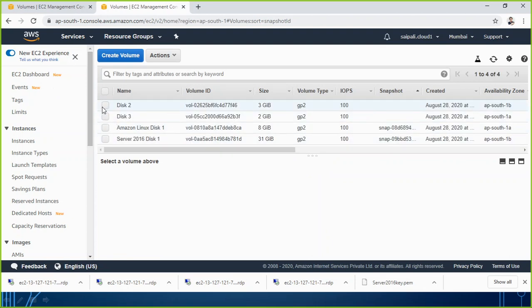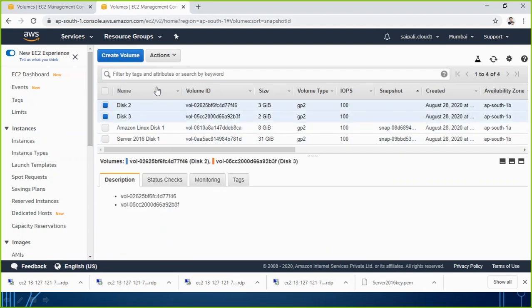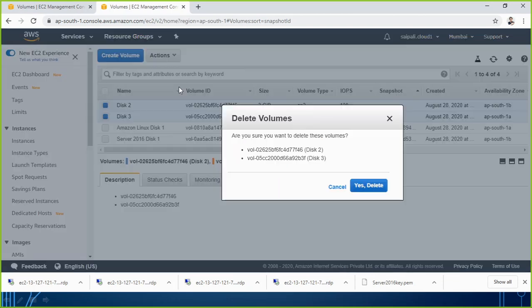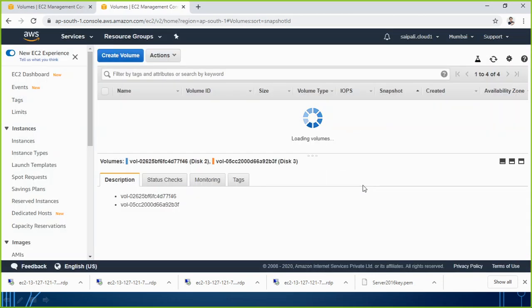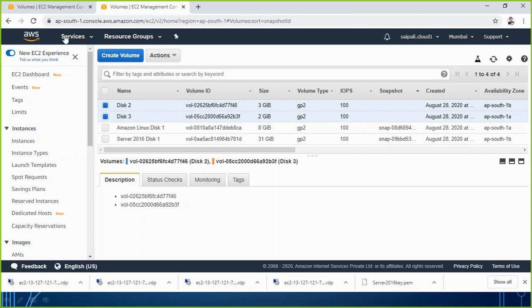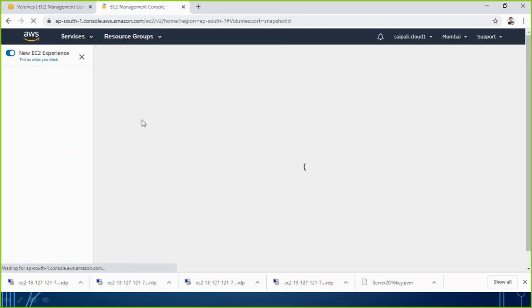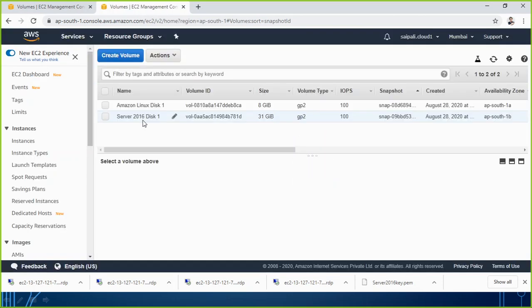Here, these are the two hard disks. Now I don't need them, so I go to action, delete the volumes. Yes. So I have deleted those volumes. I can refresh to see the result. Now only two volumes are there, one for 2016 server, one for Amazon Linux, and these are attached with my